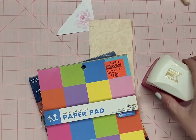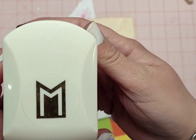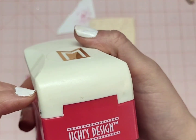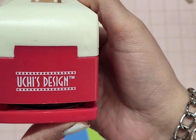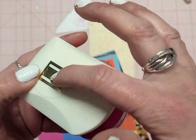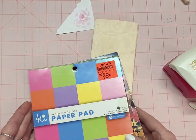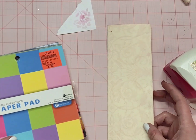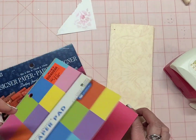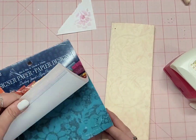Okay, so this is the punch. I don't know. My mom got it somewhere, so I don't actually know even where she got it from. But it's super cool. It kind of embosses it. And I brought along some paper. I don't really know what'll go with it. I thought about just doing solid, but then I wasn't sure if maybe